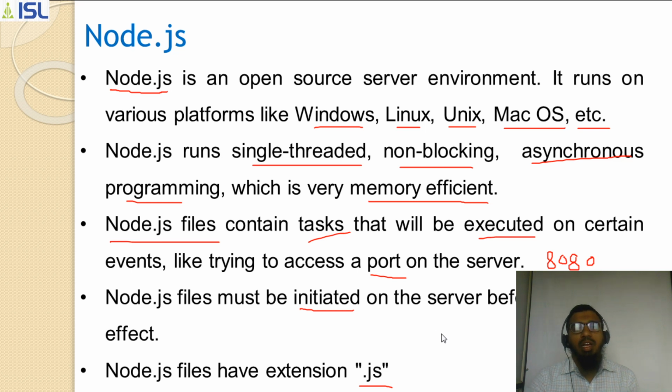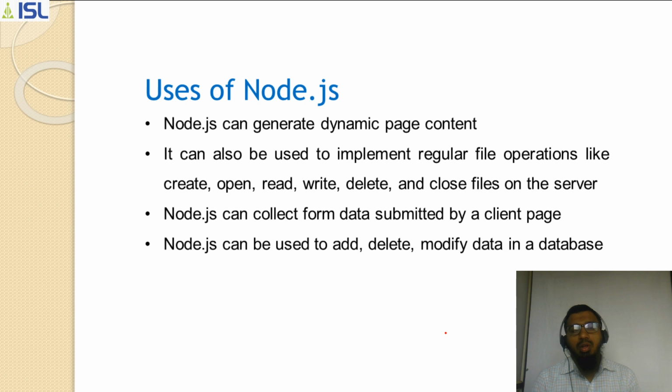Next, use of Node.js. Node.js can generate dynamic page content. This is one of the main important parts, because we are going to Node.js because of the dynamic page. As we discussed in the previous lecture, if you want to make a static page, you have no need of AngularJS or the MEAN stack. Just with HTML, CSS, JavaScript, you can make an effective static page. For the dynamic page, we need to go for AngularJS, Node.js, Express and MongoDB